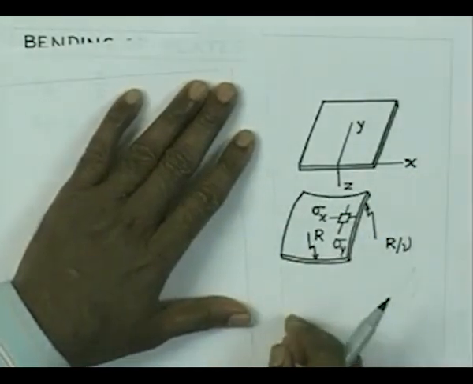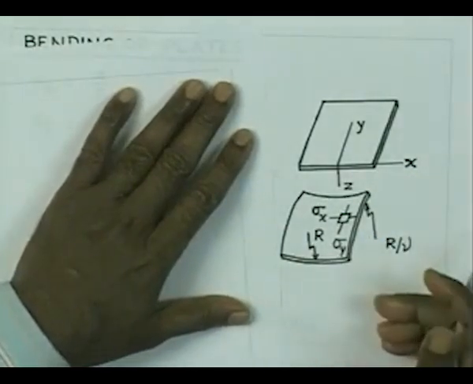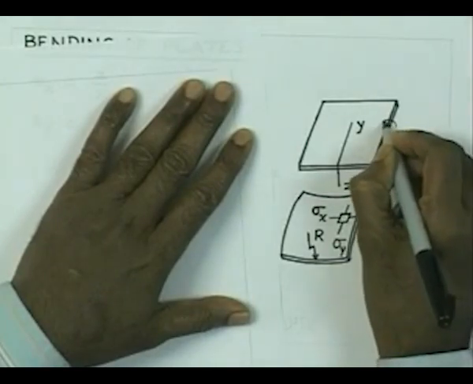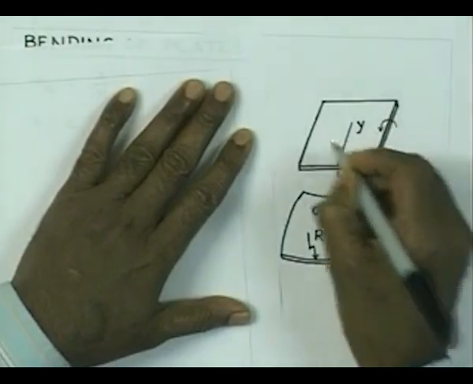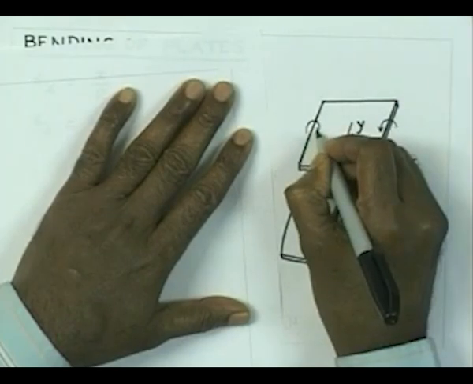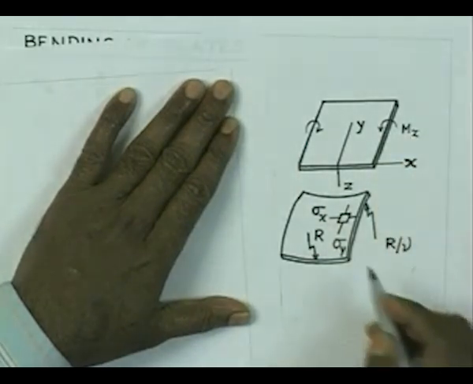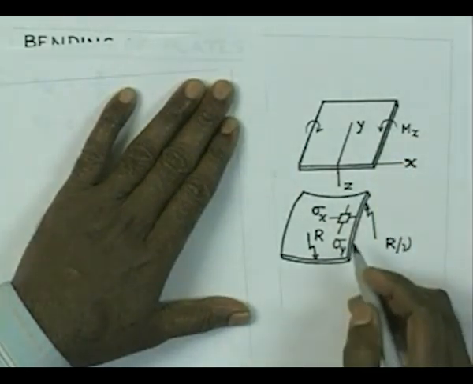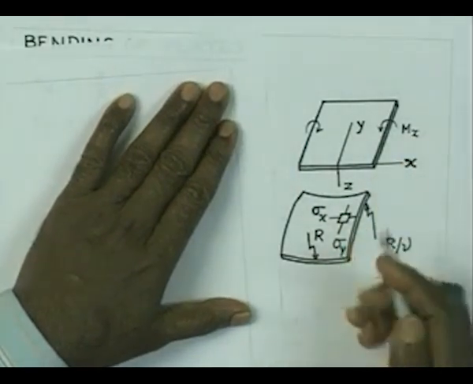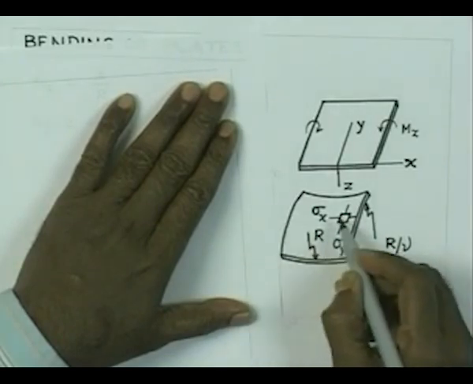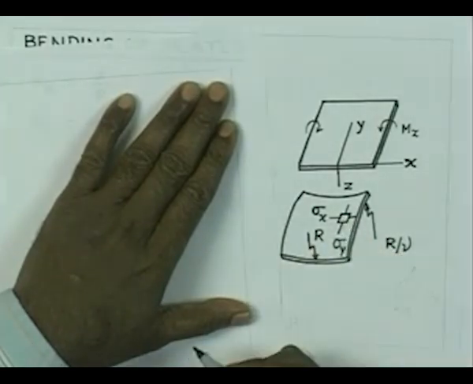When you try to apply bending load to such a plate, let us say we apply the bending load in the xz plane like this, and we would like to indicate this moment by mx. So, when you do that, what you find is that we are trying to have bending generated like this, the surface should have curvature like that,